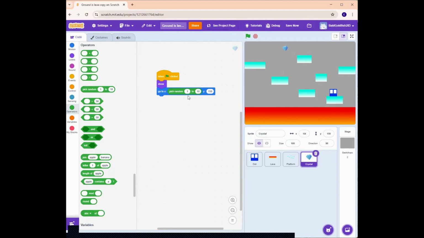For this one, negative 180 in the first one. And for the second one, I'll write the same number but with a different sign, so it's going to be 180. For the Y, I will grab the pick random block from the operators and put it in the Y bit. So right now, the first one will be negative 100,